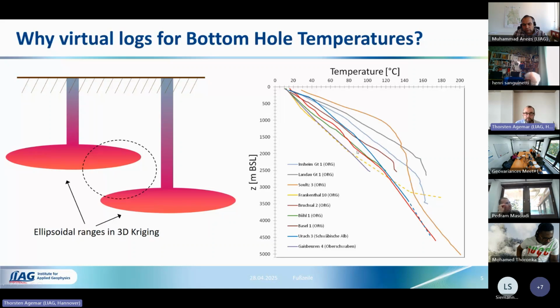On the right side, you see some temperature depth profiles. In most cases, this increase of temperature with depth is quite linear, somewhere between 25 and maybe 40 centigrade per kilometer. But in some areas, especially in the upper Rheingraben, we see strong deviations from this linear path. For instance, here in Landau, the gray curve, also subsurface, also upper Rheingraben, but on the French side. See here, steep increase in the temperature in the first 1.5 kilometers, but then with greater depth, it's approaching again back to the normal gradient. So this is related to upwelling of deep